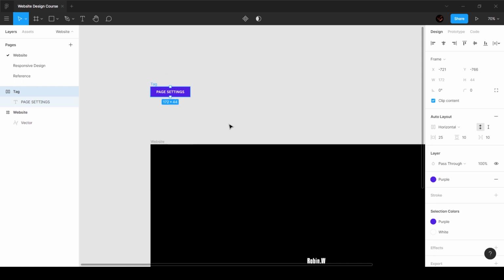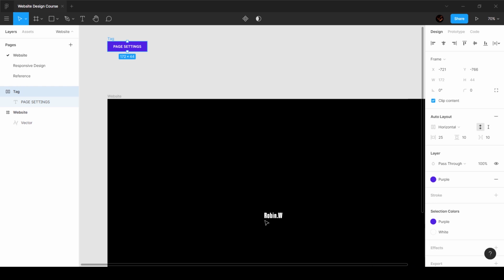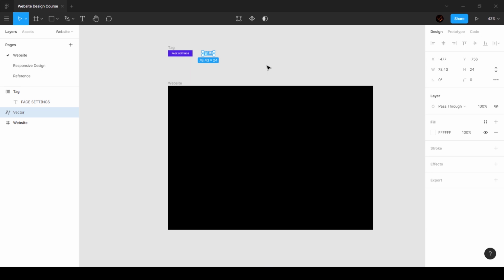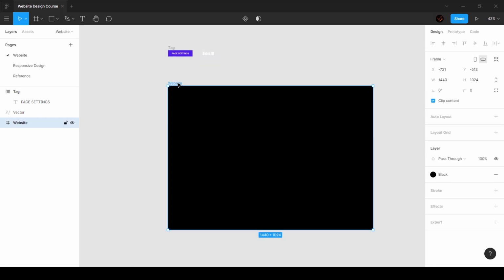So the first thing you're going to do is obviously set up a grid. So let's go ahead and do that. Let's move this logo outside for a bit and start off by creating the grid. Now, ideally for every website, and I'm going to call this website underscore 1440 so that you guys don't get confused. All right. Now, every website that we have out there is falling into a sort of grid.